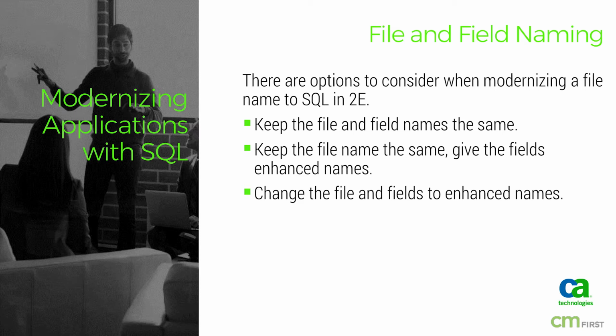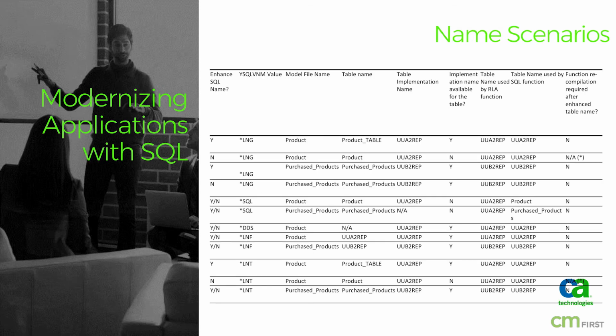Mark has done a wonderful job of putting together a nice table that lays out what the different options will actually do and how the different combinations of options will get you to whatever particular feature you're looking for. As I said, in our case, we're going to be going for keeping the same file name, but giving ourselves the most common solution, which is enhancing the field names, which makes it easier for any third-party applications that are accessing the data to actually understand what AABBCD means.